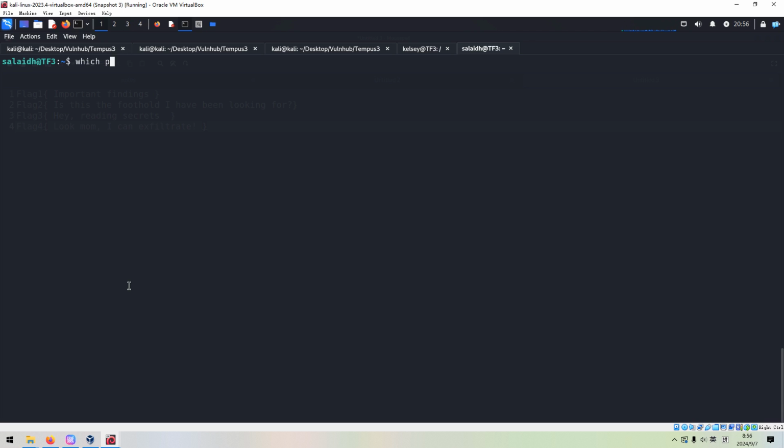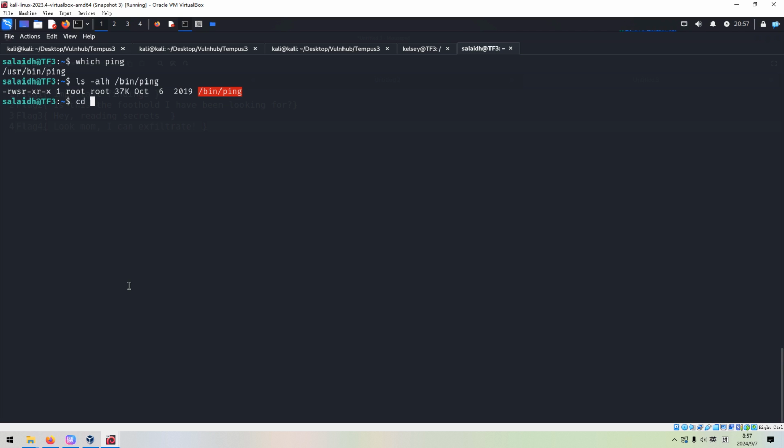If we run which ping, as you can see, this is one ping. However, there is another ping on the target. As you can see, even this ping has the SUID bit. Normally we can go to a website like GTFOBins and find the instructions to utilize a binary which has the SUID bit to elevate, but in this case ping doesn't have such a way. So next I think we need to transfer this ping to Kali for analysis.